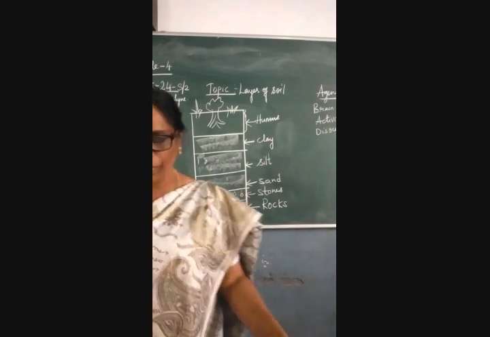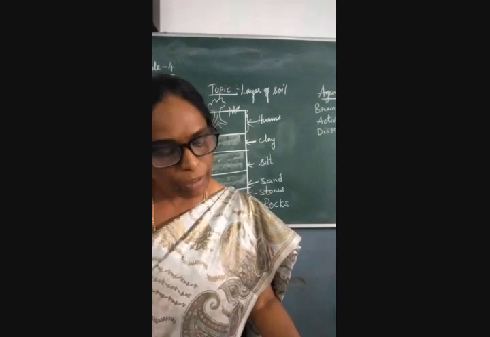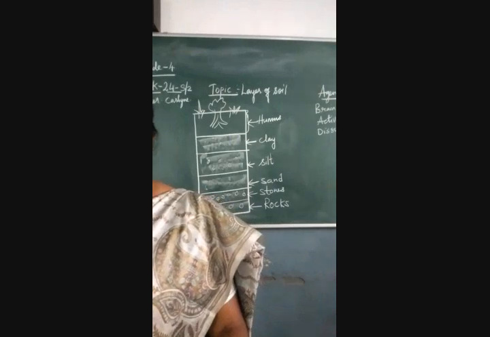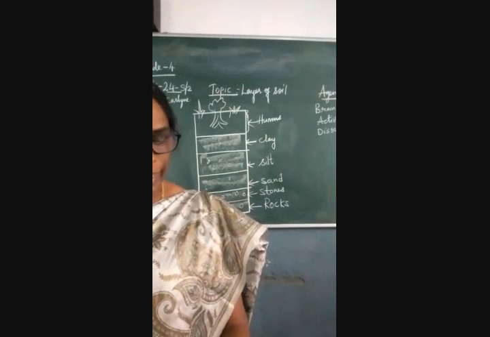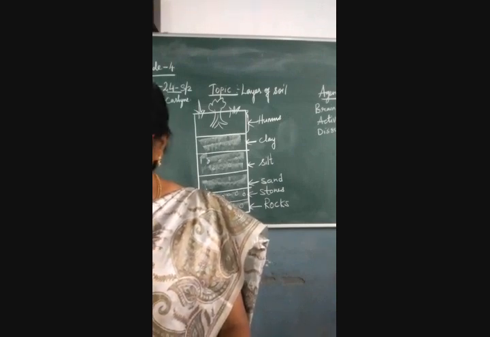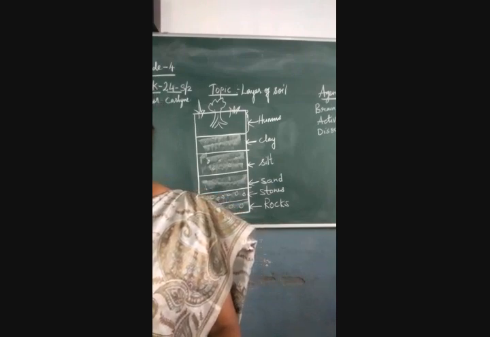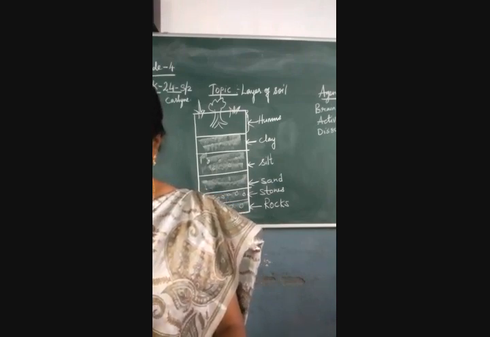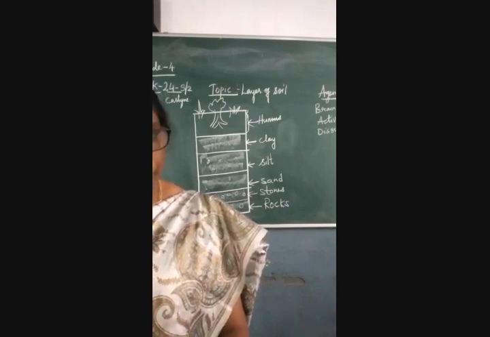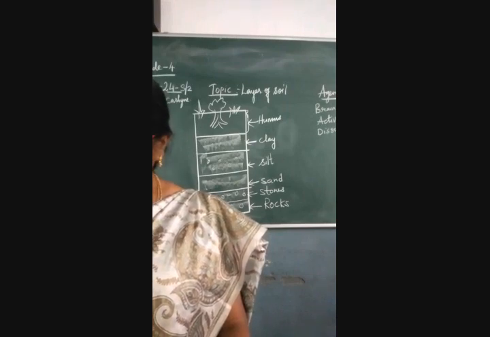Right, children? Now open your reader, page number 150. Here in page number 150, the soil is made up of particles of different sizes, isn't it? So they form layers with lighter particles on top and heavy particles at the bottom, right? The top layer is light and dark brown in color. It is made up from humus, right? Which is formed by the decay of fallen leaves, dead plants and animals.